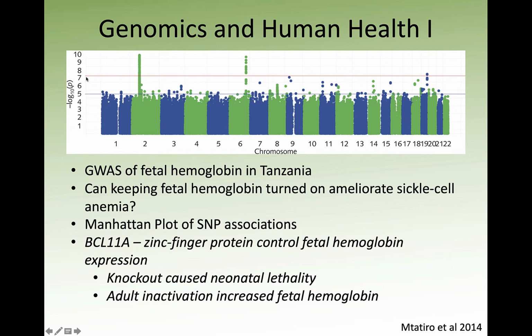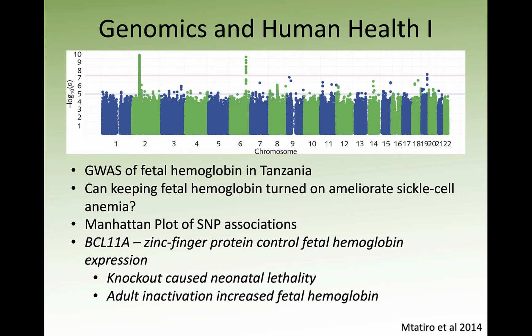And so we have these lines here, and these red lines can indicate corrections for multiple threshold values that we would want to put on there, or corrections for multiple comparisons, to put some additional thresholds of stringency on whether or not we think an actual SNP is significant or not. So in this case, if we were to take the 1 to the minus 7 p-value as our stringency threshold, we can identify 1, 2, 3 specific regions where there are really significant associations with the expression of fetal hemoglobin